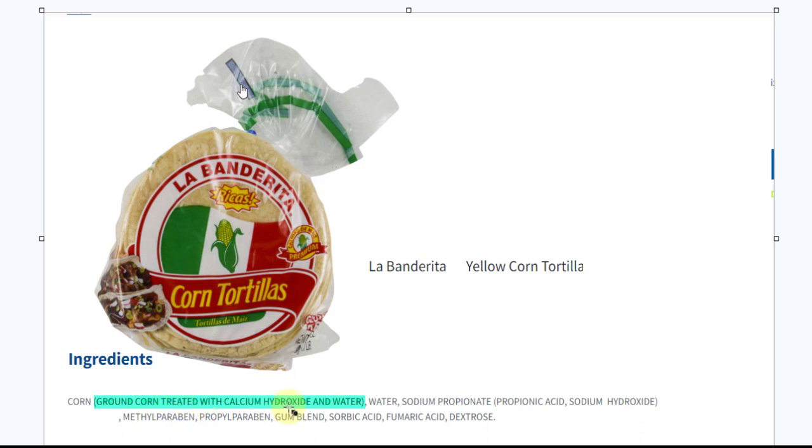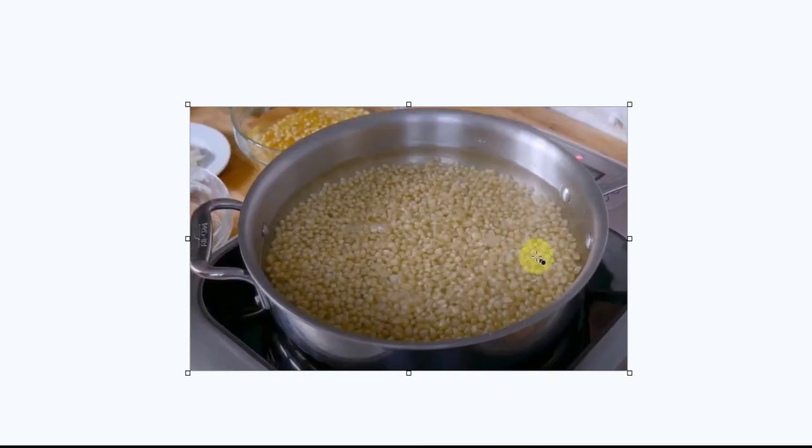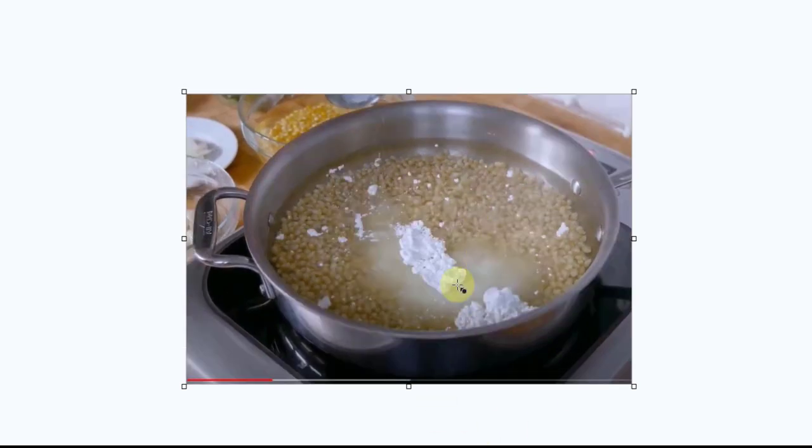But this calcium hydroxide is added to corn for a very specific reason. You've got corn. Now, not corn on the cob, but the classic tough corn stuff, and you're going to use it for food. You're going to grind it up. It really is a tough material to deal with. It's very difficult to grind into a flour. And then one of the interesting things is it doesn't provide sufficient nutrients. If you just try and live off of corn, you're in trouble. But if you add calcium hydroxide to it, this basic solution is just basic enough to weaken these kernels of corn and undergo a process that is tough to pronounce,